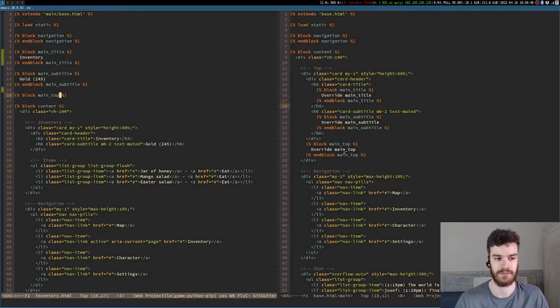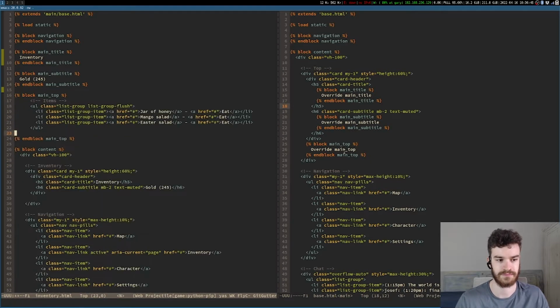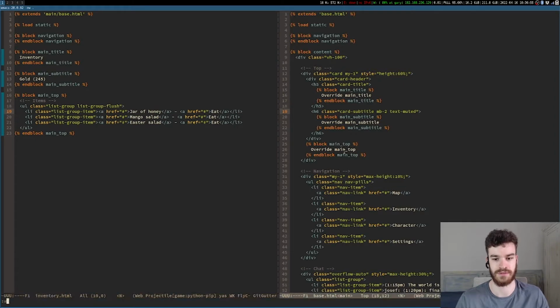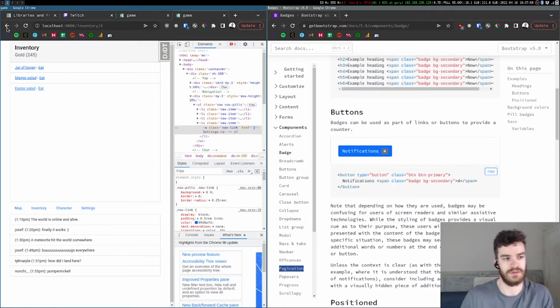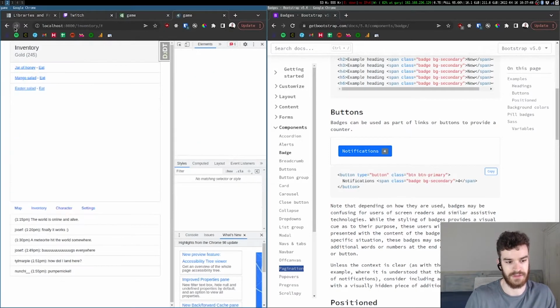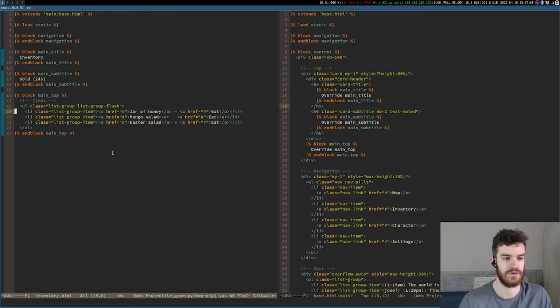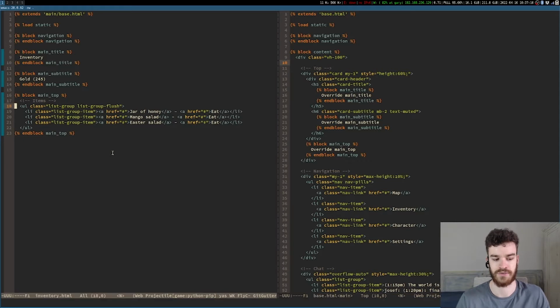Then main top, which is a list of items. And I don't need all that anymore. Alright, so something just disappeared. I don't know what. Oh yeah, the active one. Perfect. So our inventory got much simpler, and we could do the same thing for the